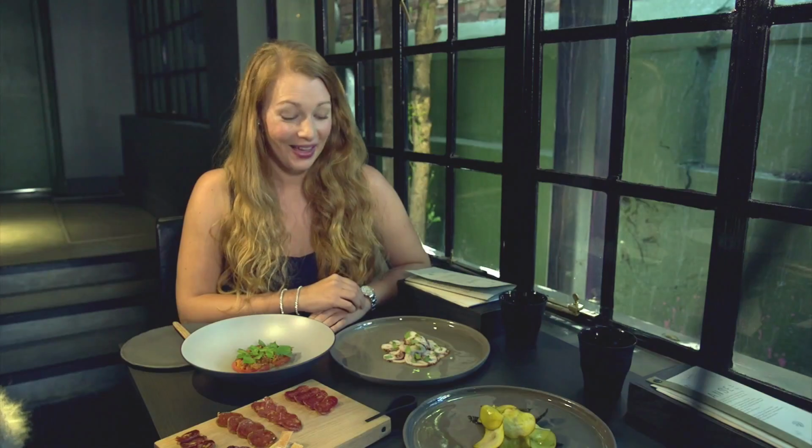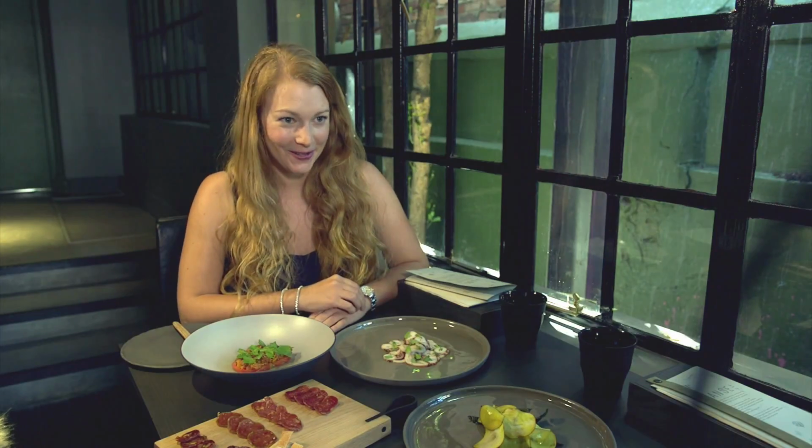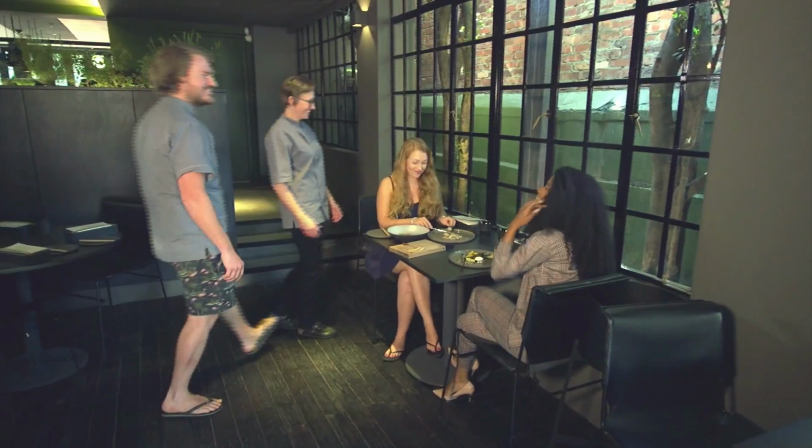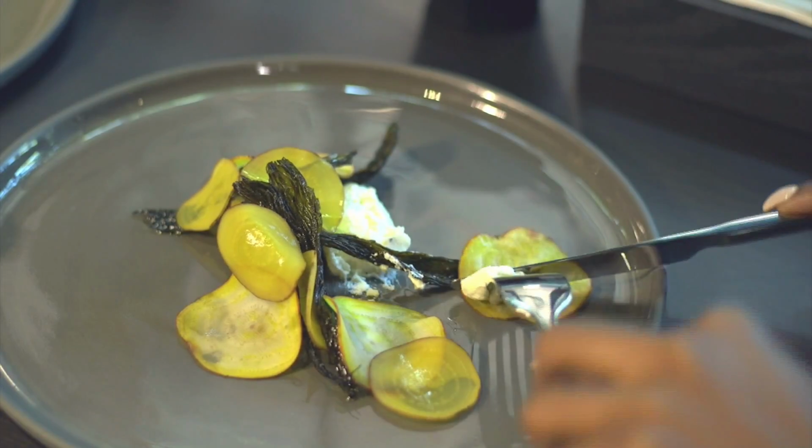So what's your first impression? Well, it looks amazing and it smells so good, especially the tomato one. The couple are in it to expand the boundaries of taste. What are some of the challenges that you face with having a food tasting menu? To minimize the amount of ingredients on a plate is always difficult because you need to do it really well and you bring out the flavors of one